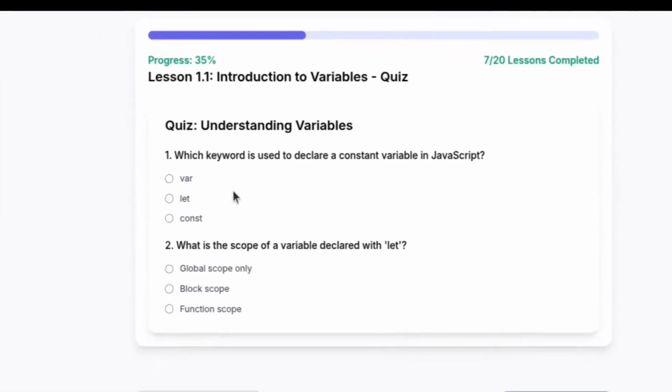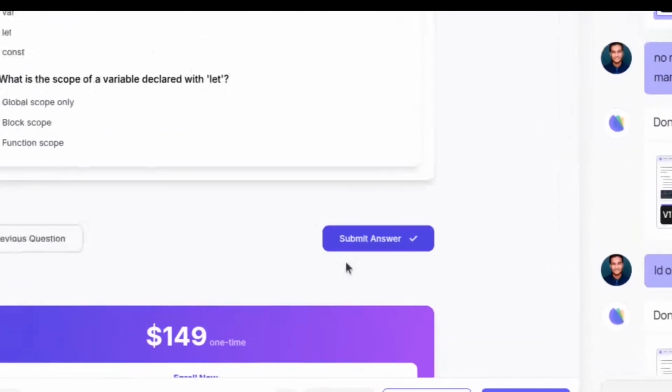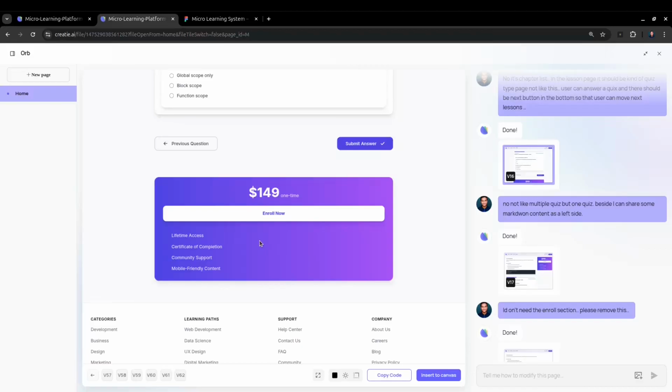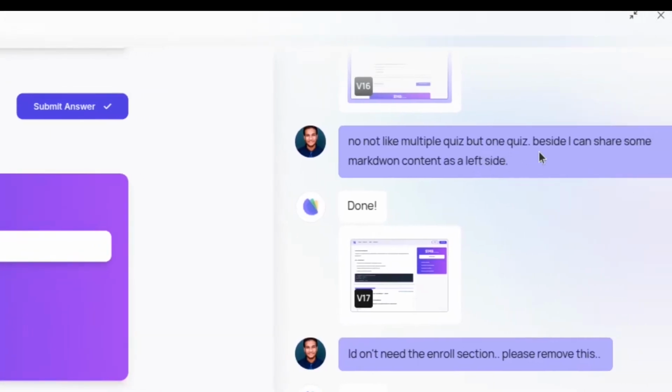It gave me some quizzes as well as the radio button to select an answer, then submit answer, then previous questions and all the stuff. But I didn't need that card at that time. So I asked, no, not multiple quizzes, but one quiz. Beside it I can share